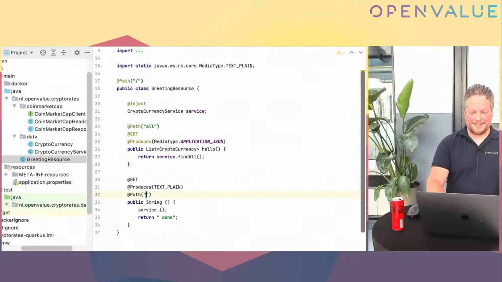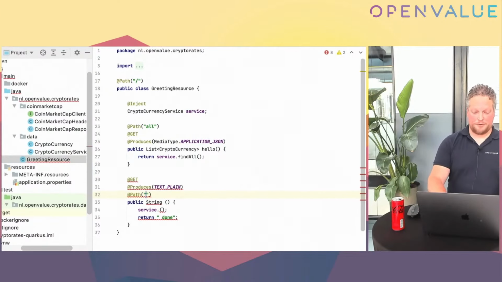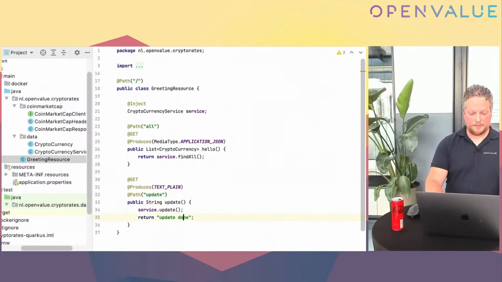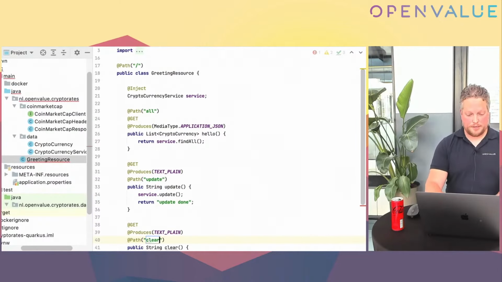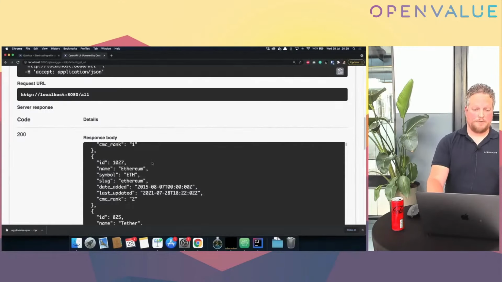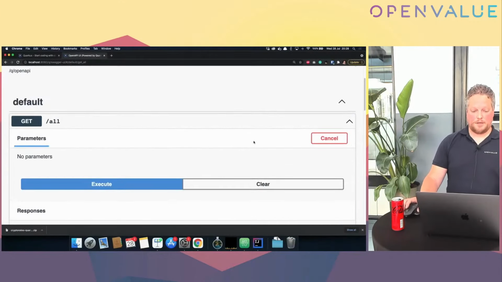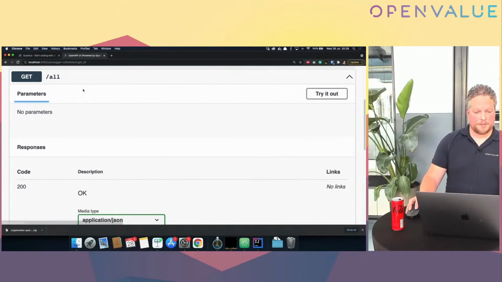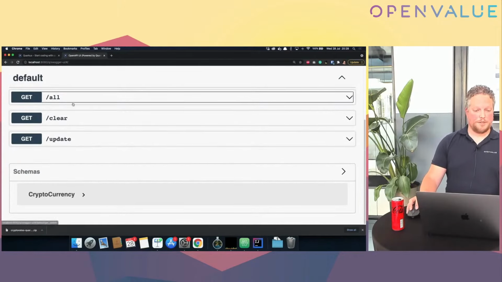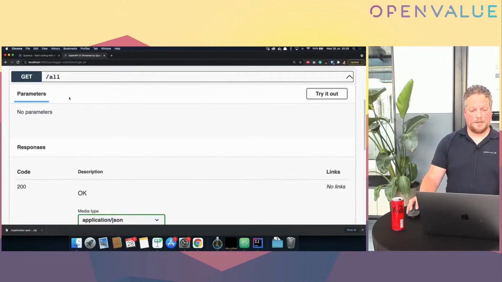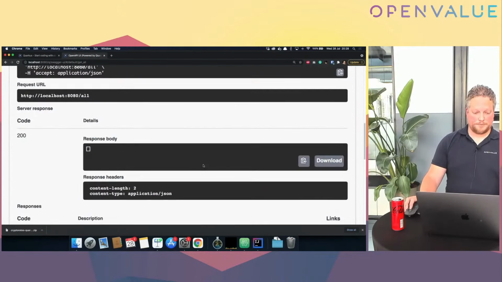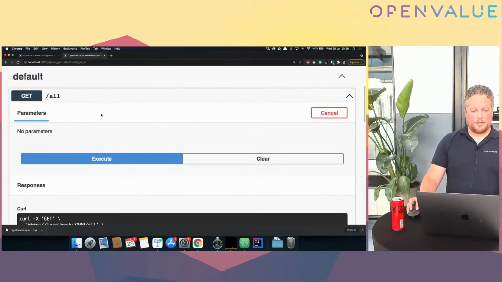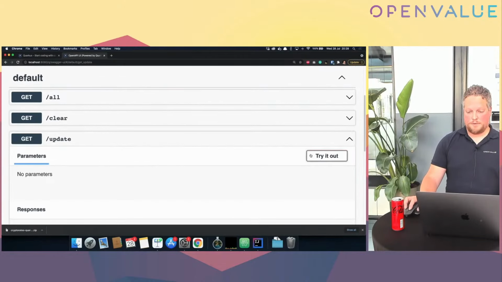So let's create a getter for the update function. And let's also create a getter for the clear function. And now, if we call this again, first off, if we refresh this, we have multiple methods here. We have the all, clear, and update. And if I call up all, there should be an empty database. That's cool. So when we call updates,